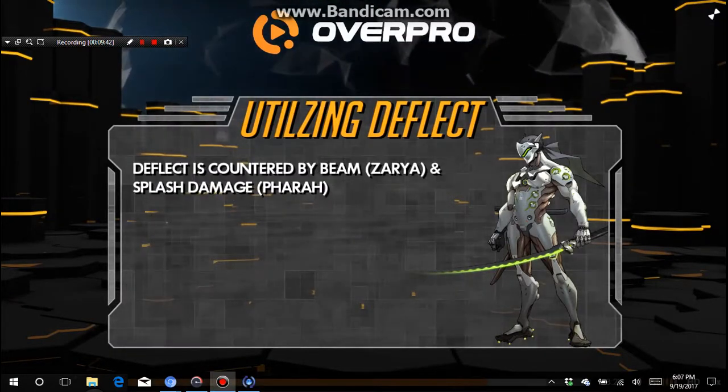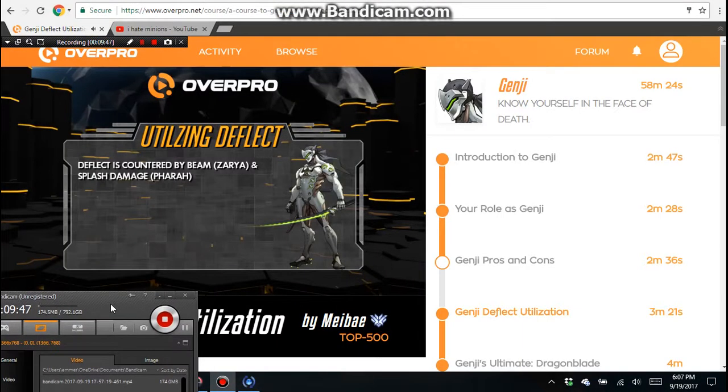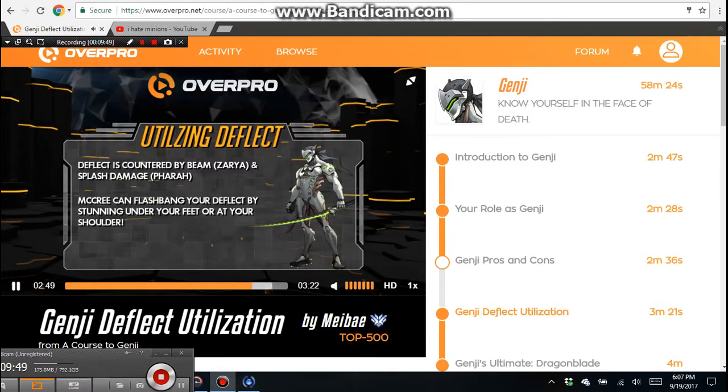Deflect is countered by beam and splash damage, as Genji still takes damage normally from these sources. McCree can flashbang Genji out of this ability by